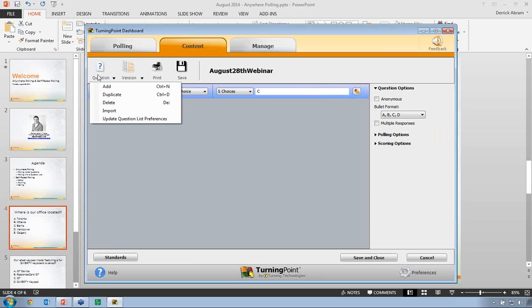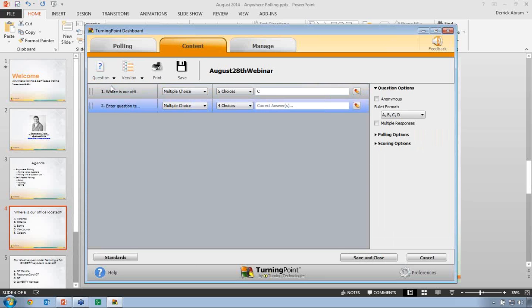I'm just going to go back. When I want to add another question, I'm just simply going to hit my question menu and add a new one, doing the exact same thing. Now, we saw earlier on that quick poll menu that you can also create short answer style questions. So in your question list, if you wanted to create a short answer question, we can change it right here in this drop down.